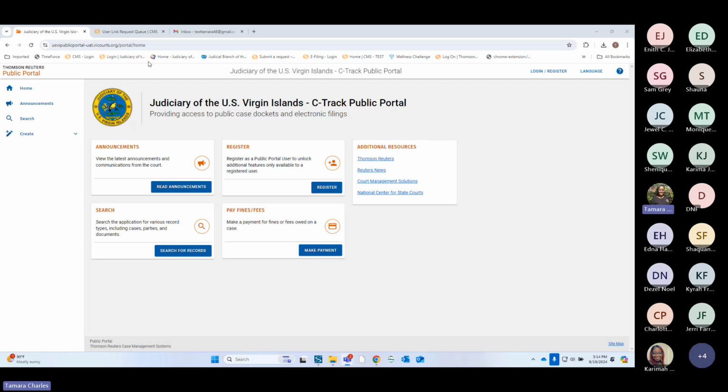If you have not, I did send an email. It was kind of late and I apologize for that. But if you have not sent me your public IP address for you to be able to access the environment, I ask that you do that please today, because even if we do this demo and I give you the guidance and all the instructions, if we don't have the public IP address, you're not going to be able to access the environment.